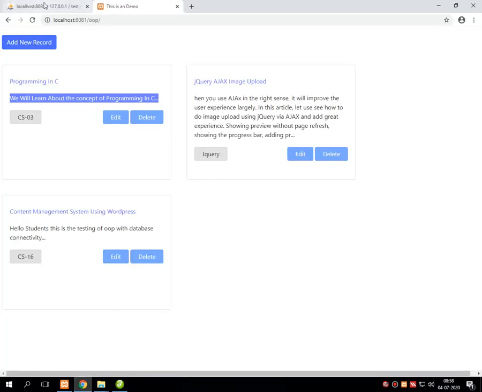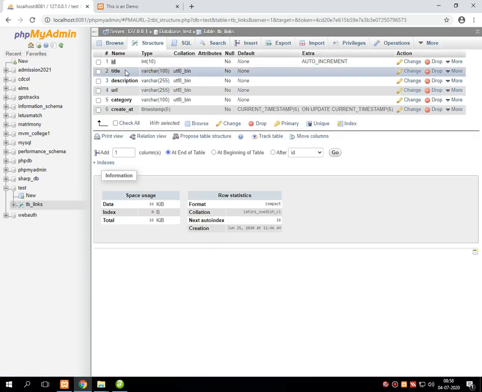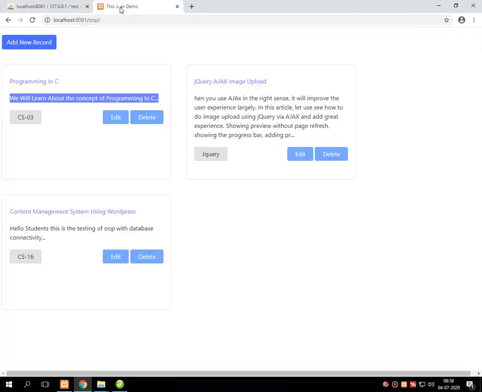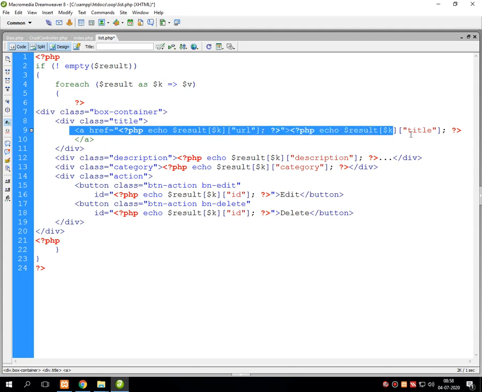Look at the structure of the database table. The hierarchical representation is like this: first ID, then title, then description, then URL, then category, and the last one is create_at. So first it will display the title on the screen as output. That title is going to be displayed using this particular line of code,